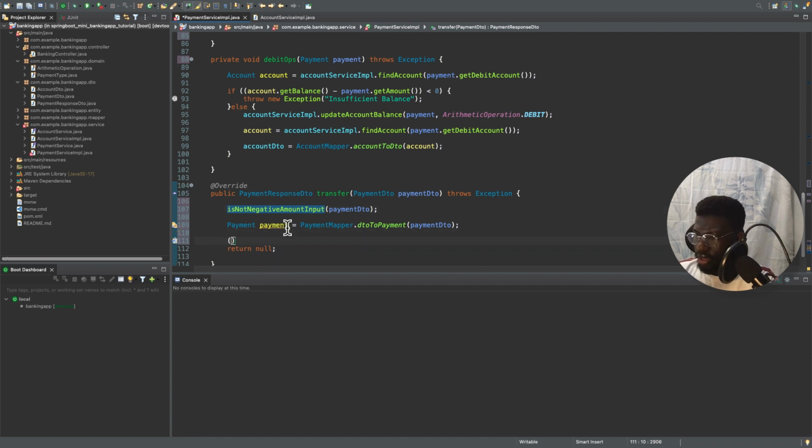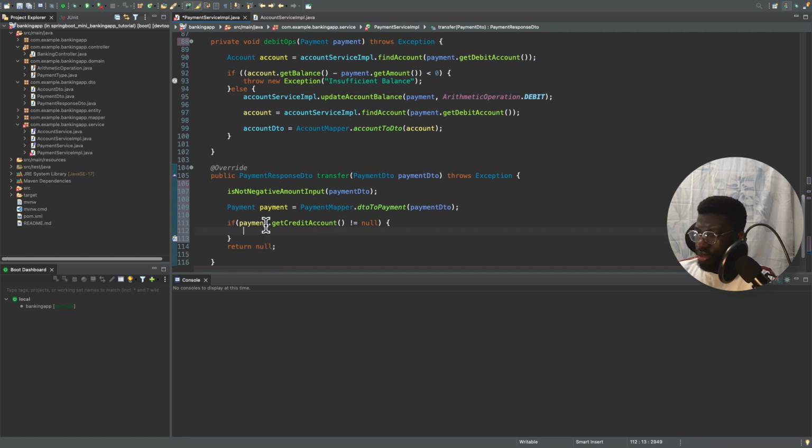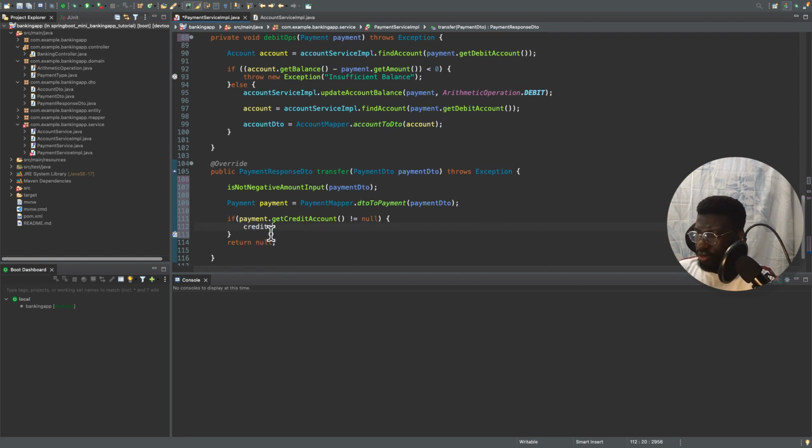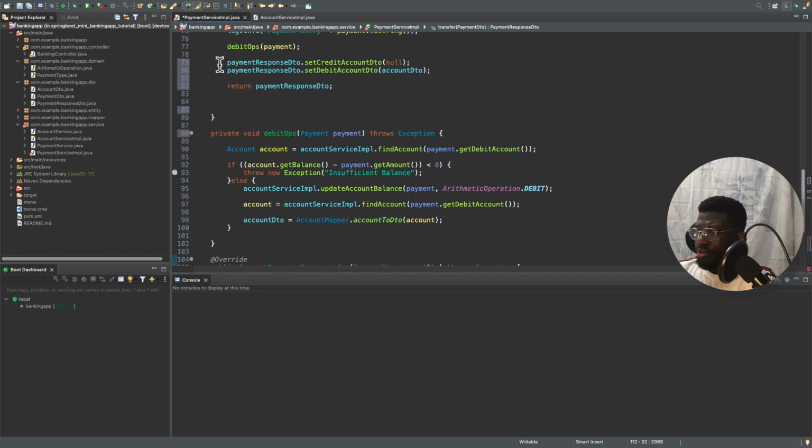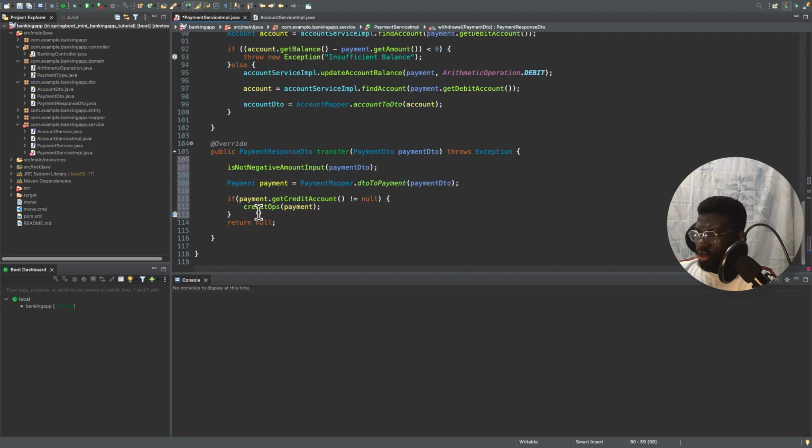now I can go here and say if payment dot get credit account is not null, and we can say credit ops payment, and then we can set, I'm going to copy this too, I'll use it shortly, and then we can set this here, but it's credit, so pass the account here,